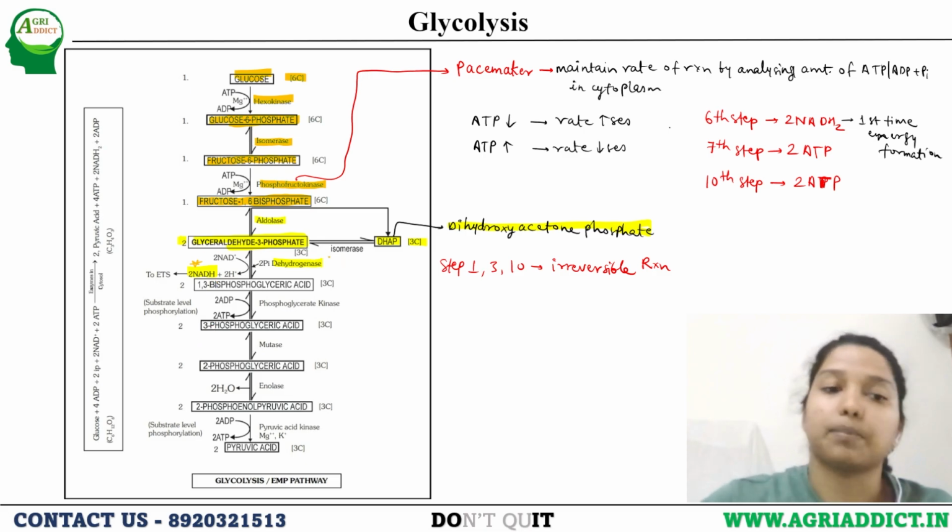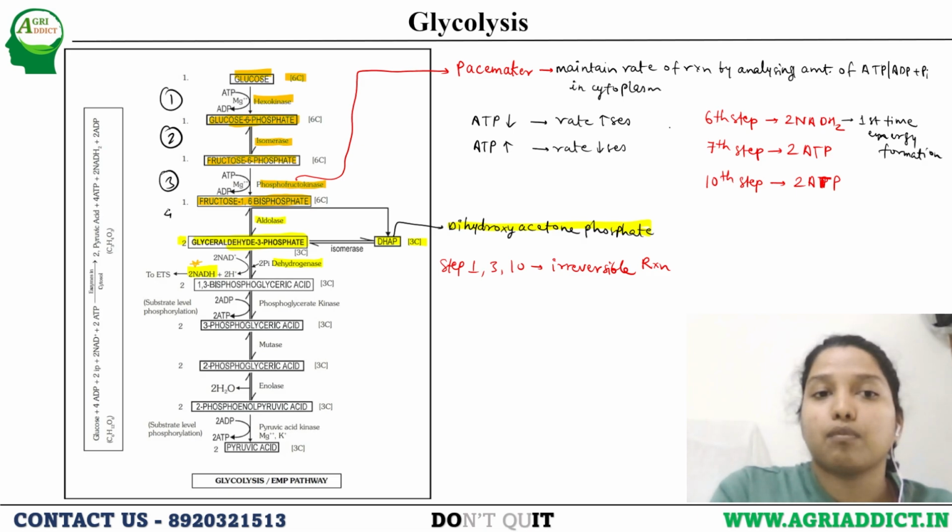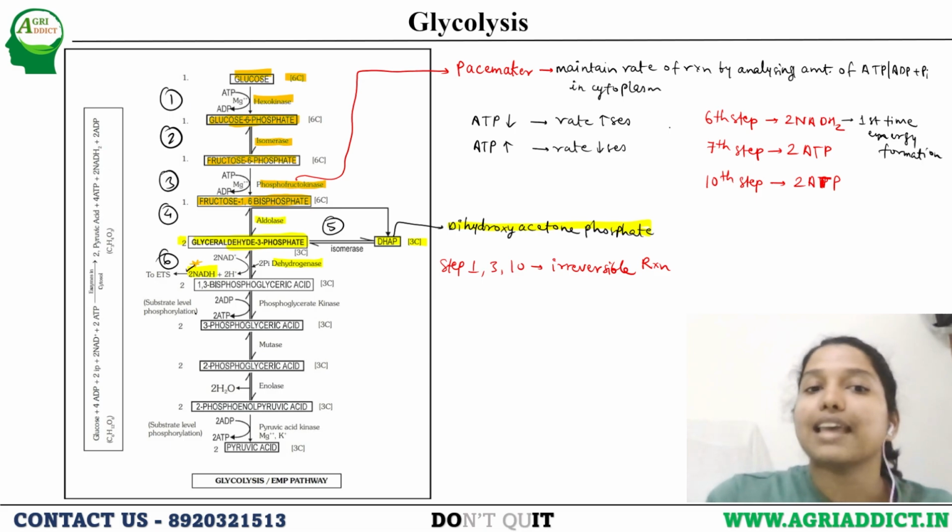This is the sixth step. So this is the first step, this is the second step, third step, fourth step. This is the fifth step and this is the sixth step. So at the sixth step, we are first time getting energy in the form of NADH2, that is two molecules of NADH2. Now this glyceraldehyde 3-phosphate is getting converted into